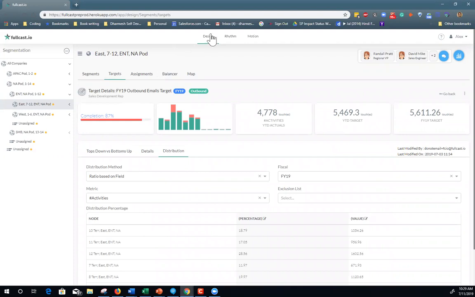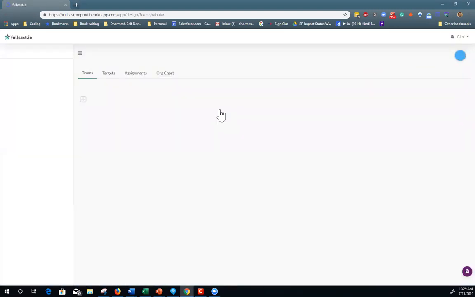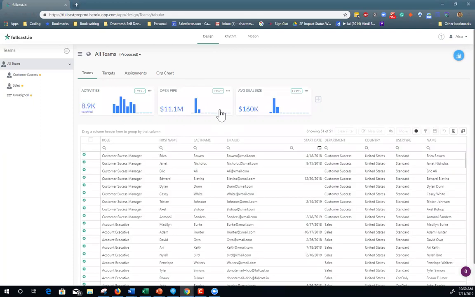We could do all those things from a team perspective as well. The territory view was assigning those customer segments and assigning them to teams, to people, but I have a team as well that needs to be managed. I could have different teams, my customer success team or my sales team or marketing team, and I can do the exact same things over here for them. So now in this view, I'm seeing all my team members and just the management of my internal resources.